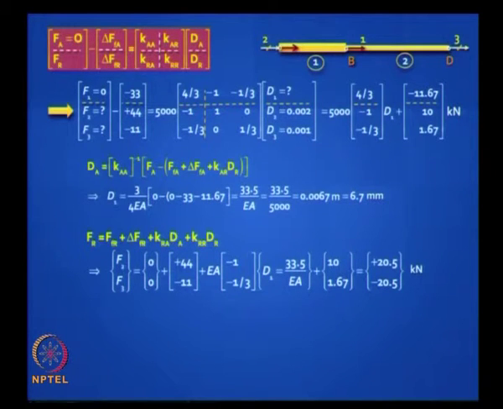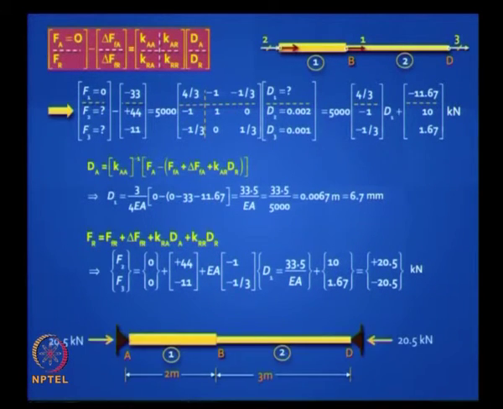Compression. It is very interesting: you had two elements with different lengths and different cross sections. If you treated each one independently, arrested the two ends and heated, you got different forces, 44 in one and 11 in the other. But they actually have to have the same force to satisfy equilibrium, and that force you can intuitively guess is between 11 and 44. It turns out to be 20.5. So these are your reactions.